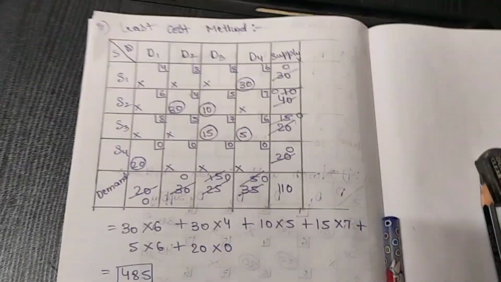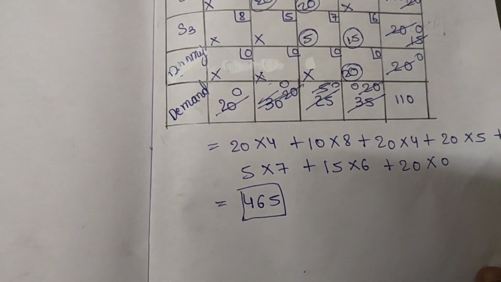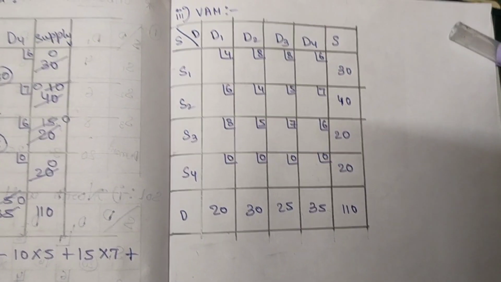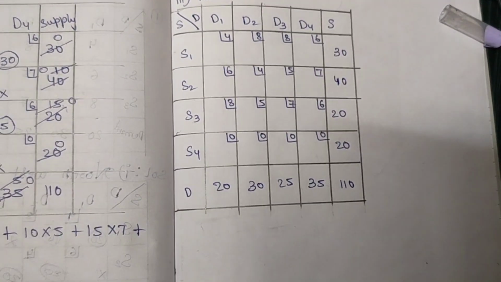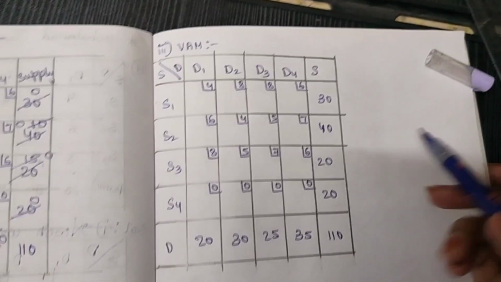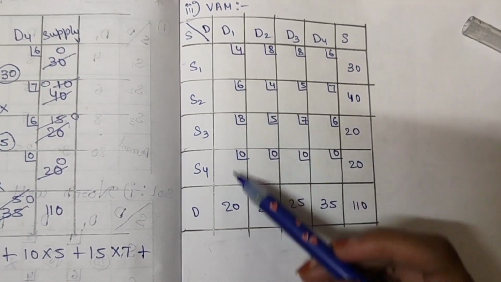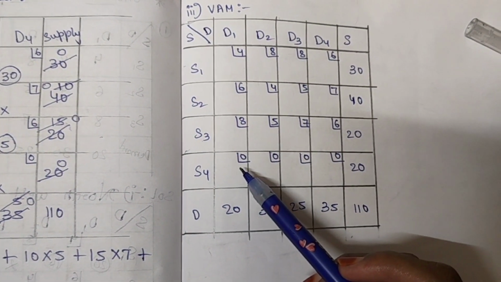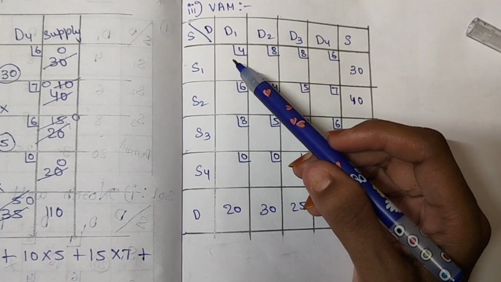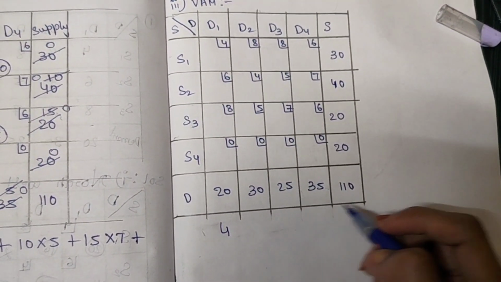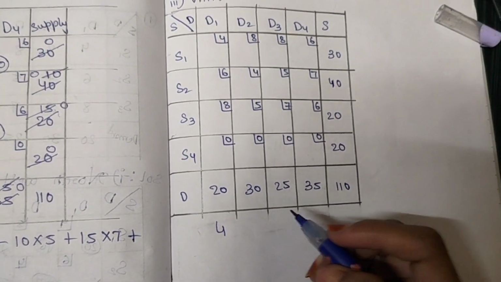When you look at this least cost method and the northwest corner method, the northwest corner method gives less cost than the least cost method. Under the VAM method, take the table as much as possible to the corner, because there will be calculations on this side and this side. Under the VAM method, we have to check each column and each row and see the least numbers in these, that is 0, and the next least is 4. So 4 minus 0, that is 4. These numbers which are given down are penalties.